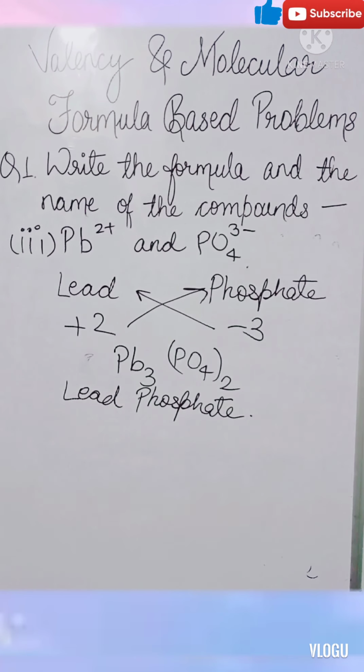The other thing I want to tell you is that if you remember the direct charges or direct valencies of these ions, which I have provided in the list in the previous video, it will be much easier for you to make molecular formulas or molecular compounds. Otherwise, you will have to remember the atomic numbers, and then you will have to distribute the electrons according to Bohr's model, 2, 8, 18, 18, 32, 32 kind of format, and then you will get the valency. So that will become a lengthy process for you. So it's just easy for you to remember all the valencies or charges through that list which I have given in the previous video. Thank you for watching.